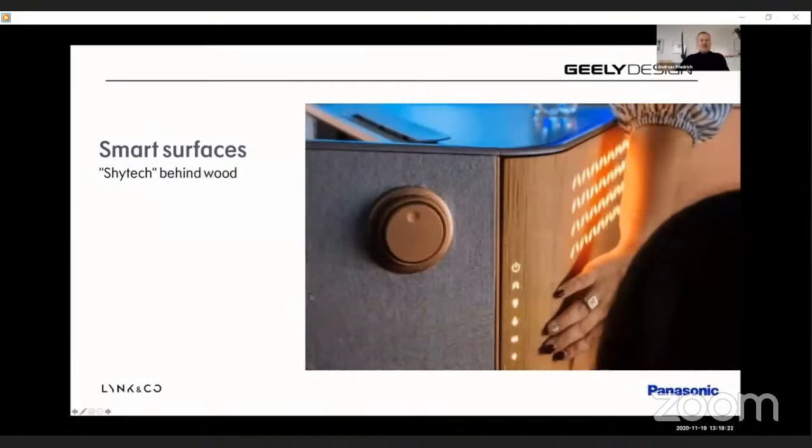Another Shy-Tech example is from Panasonic. This is a luxurious business class airplane interior that I saw at the CES show in Las Vegas 2019. This door is with real wood veneer, and this is also Shy-Tech. So when you approach with your hand, the symbols will be lit and you can then interact with the functionality